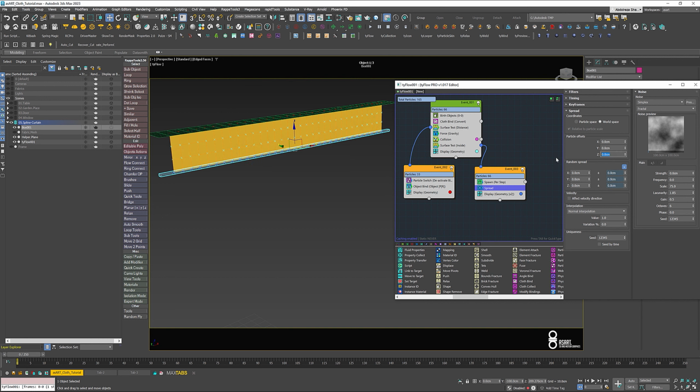Let me just turn off the particles and run this simulation real quick to see what we've got so far. So that looks good. Everything works the way it should. Now, in order to